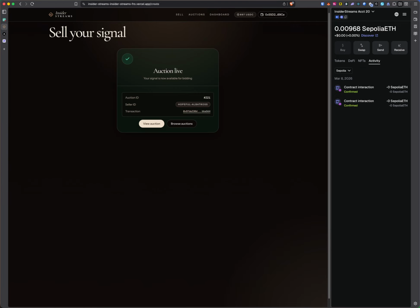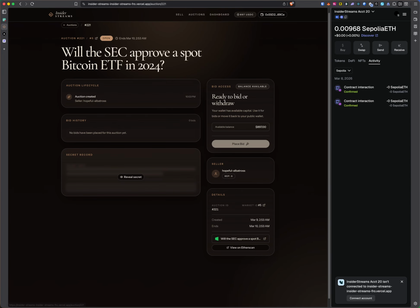If I just wait a moment, the auction is live. And if I go to the auction, I can click on reveal secret. Because I am the seller, and I provided this information, I have access to it and I can see it. Now, if I switch over to a different account,